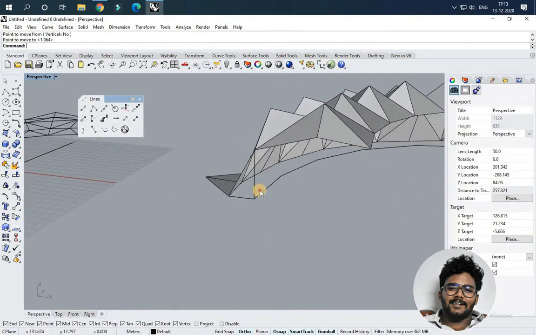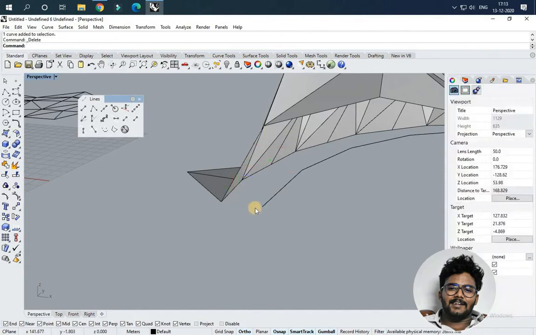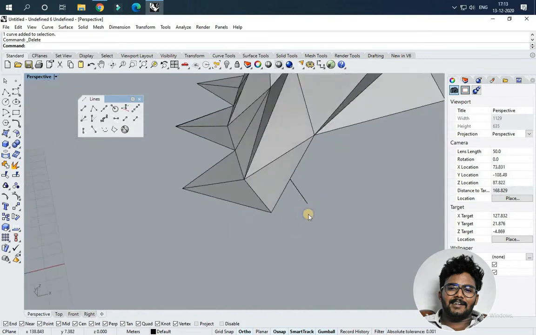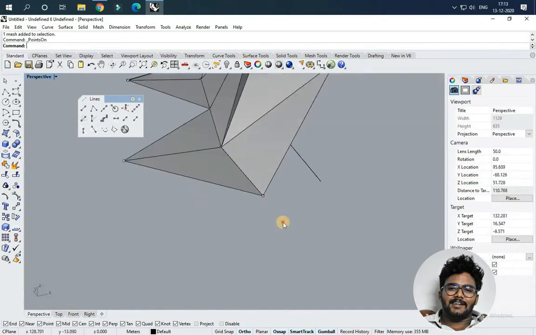So now I'm copying the line which I drew before. This is a line so that I could use it for my folding as a reference line, because I need to draw, or else you can draw a new line with the same pattern. So this is just a line which I drew before.